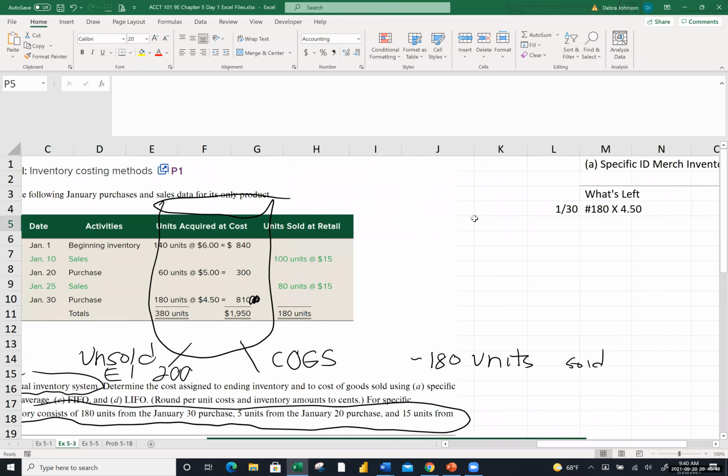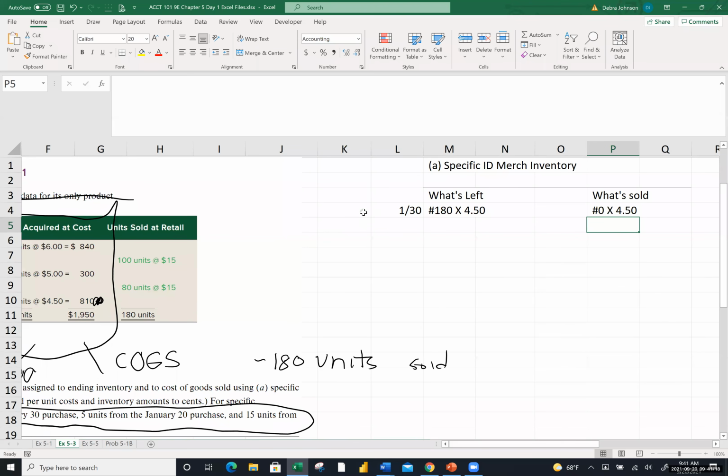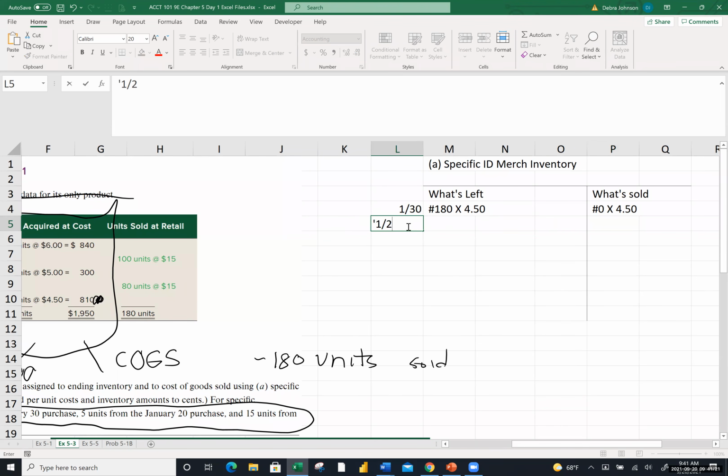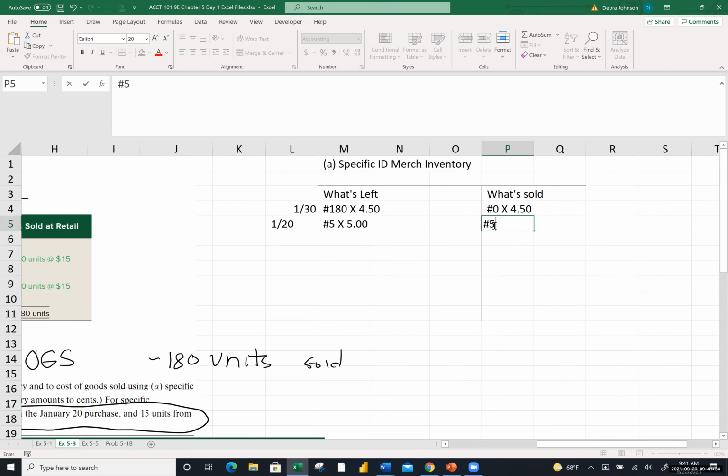Okay, let's go look at the next one. Remember, cars, jewelry, they're pulling specific invoices. On this next one, they said there's 5 units left from the January 20th purchase. Okay, here's the layer they're looking at. There's 5 units left. That means 55 of them must be sold. So I'm going to go put that in. There's 5 units from the January 20th purchase, so 5 at $5 is what's left. Because there were 60 units here, the rest of them must have been sold. So there's going to be 55